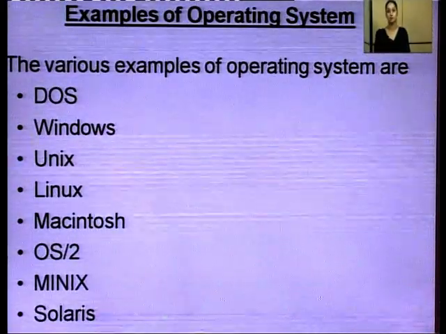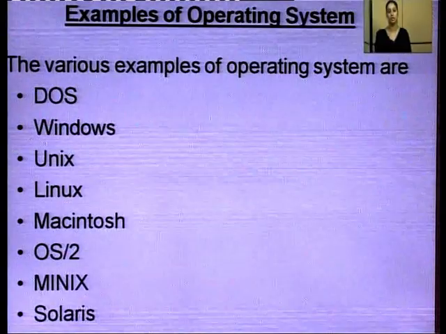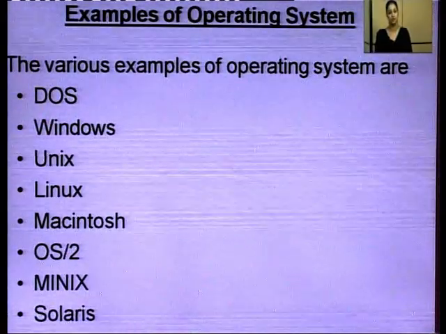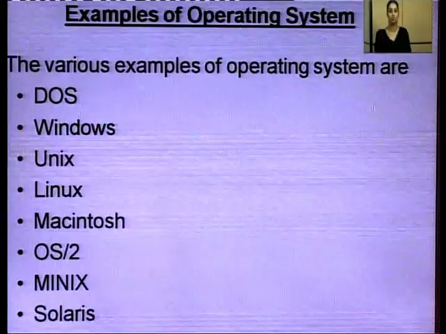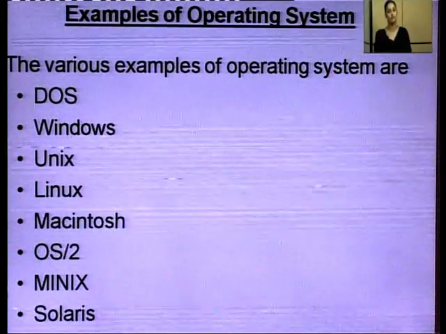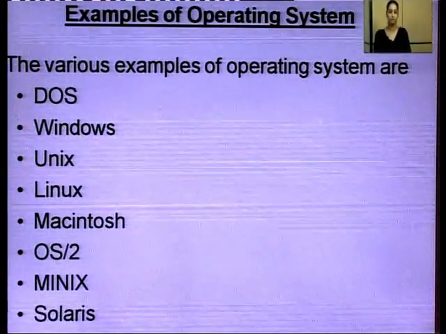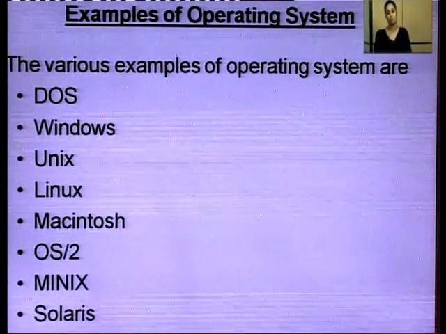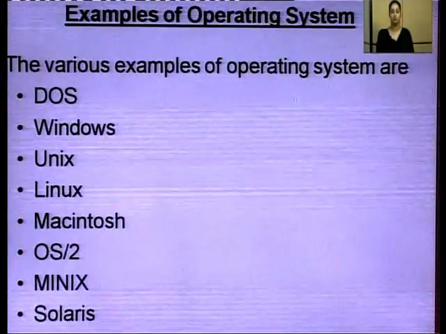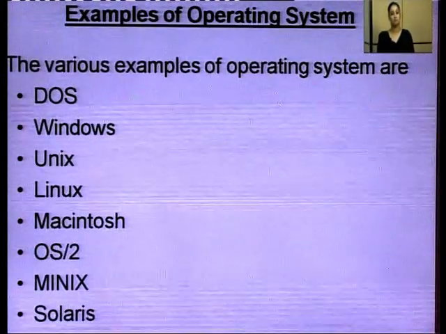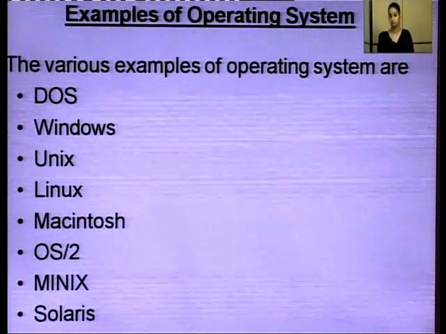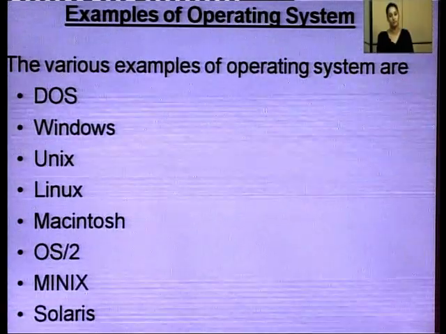Second one is Windows. Today we are using the Windows operating system: Windows 95, Windows 98, Windows Vista, Windows 2000, and Windows XP. There are so many Windows versions which are coming. This is also launched by Microsoft. Unix is an operating system given by IBM, and it is a well-defined operating system used for